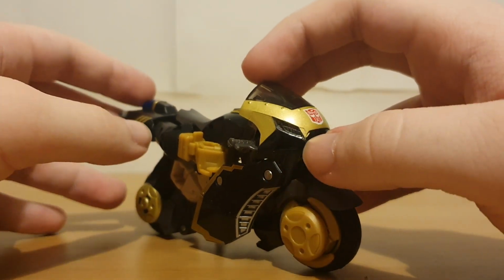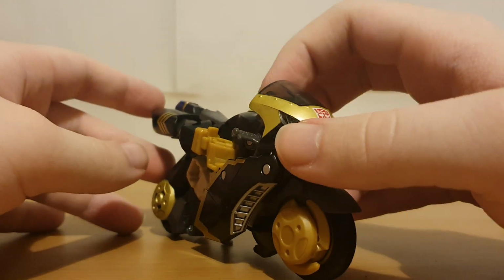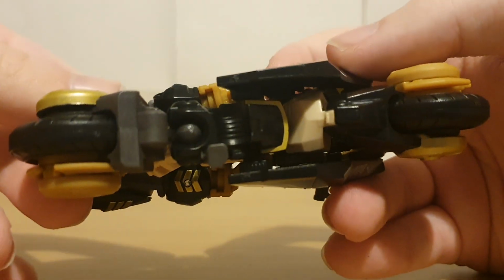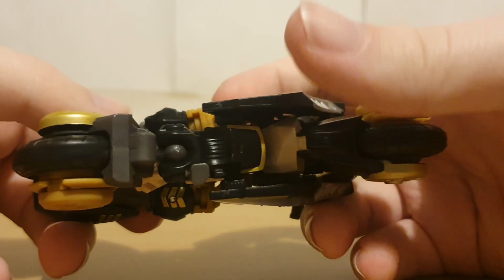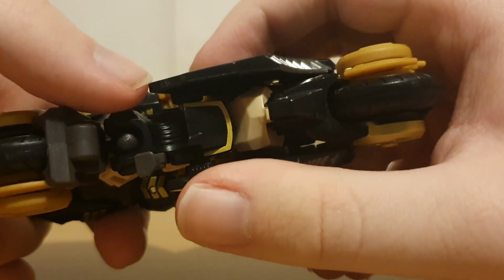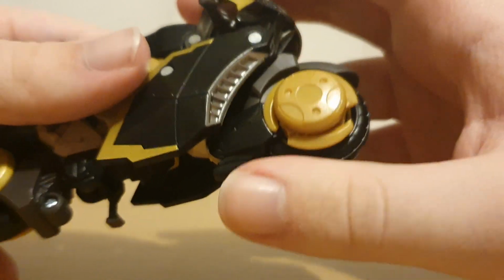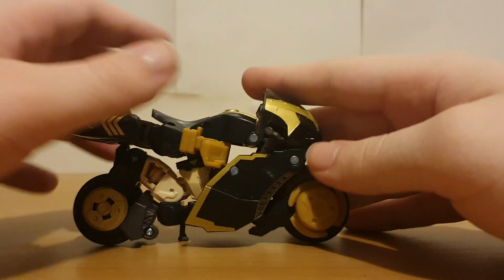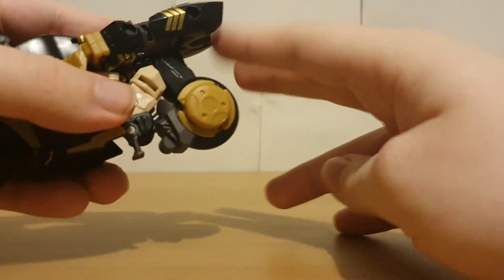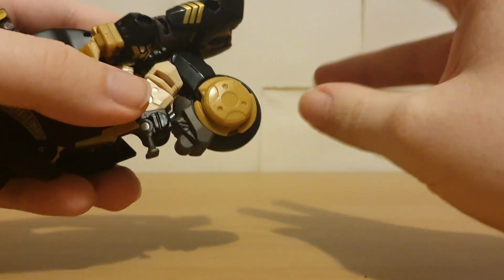This is quite the asymmetrical transformation. Oh, hey, you want to try and lean this guy this way because that's what the kickstand is. Underneath, you can pretty much just see what looks to be a ball joint there. Okay, that's part of the foot. He rolls, well, kind of well, but one thing I noticed is he rolls quite well forwards, but backwards, like this wheel does roll pretty well forwards and backwards. However, for this wheel,